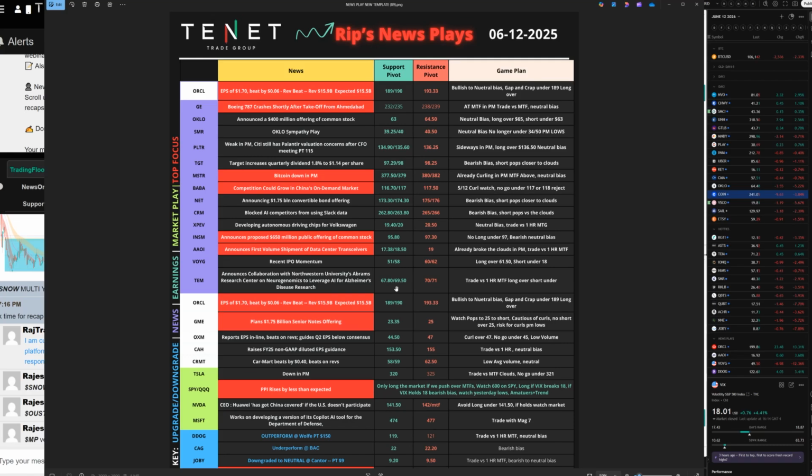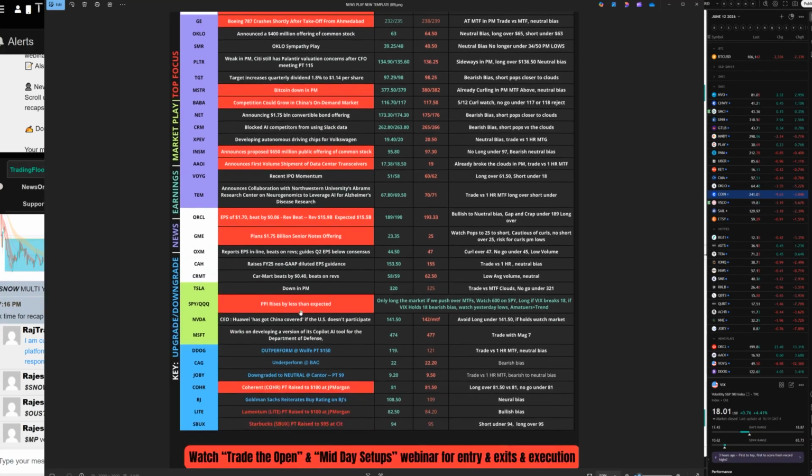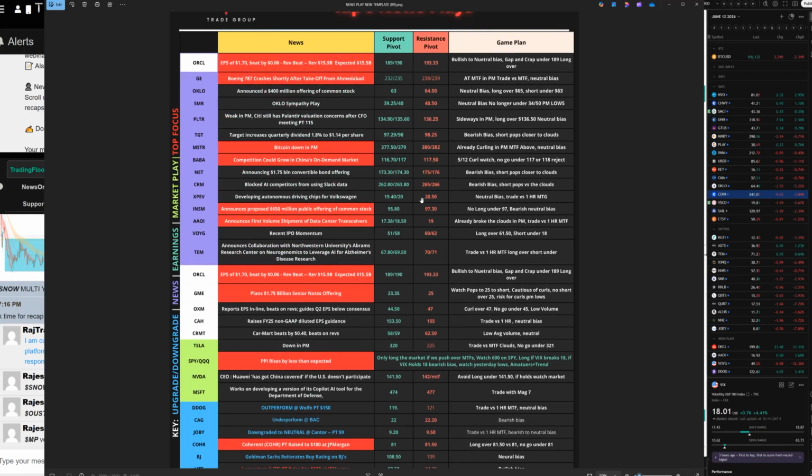So this is our game plan for today. In the game plan, we have our new setups, we have earning setups, we have index stocks setups as well. I'm live in the pre-market half an hour before the market open. So we make a plan in the pre-market. We highlight the focus plays in red, and we also mark our support levels and resistance levels, and we have an initial game plan. We go through it once we recap those trades. We follow that initial game plan, and we go from there.